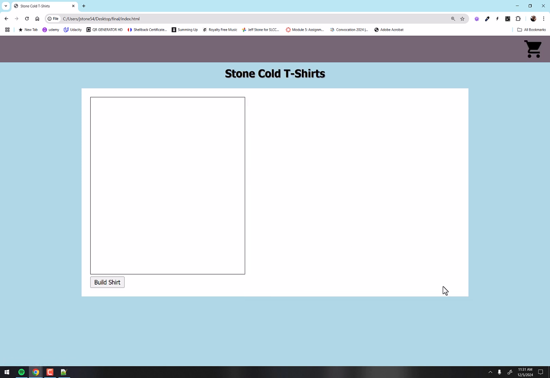So that's it. I've given you a good overview of what this is supposed to look like and how it's supposed to function. Maybe not what it's supposed to look like, but how it's supposed to function. And I even gave you some hints along the way and some tips and pointers to help you do the assignment. So hopefully that helps. Good luck with this assignment. It is a fun assignment, but it's not a quick assignment. This will take some time. I would block out a good 15 hours at least. I know that's a lot, but it's a couple hours a day for a few days, and you should be able to get it done without too much of a problem.